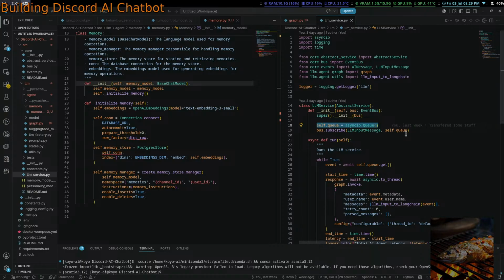But, so that's how we communicate between different things, right? So what happens is that, I guess we have a queue in memory and a separate queue in the LLM. And then when something appears in the memory, we send it to the queue for the LLM, right? Yeah.